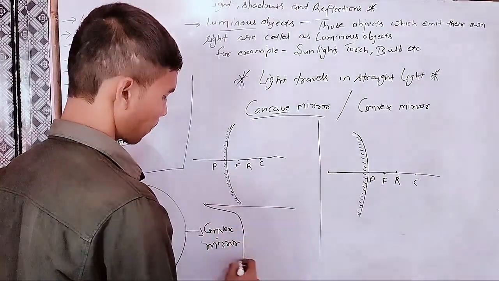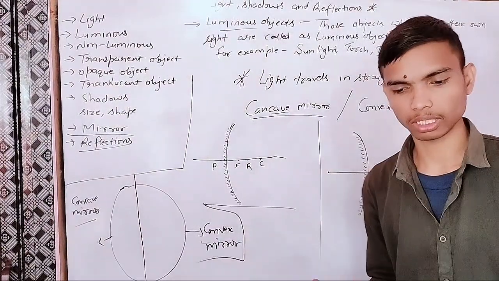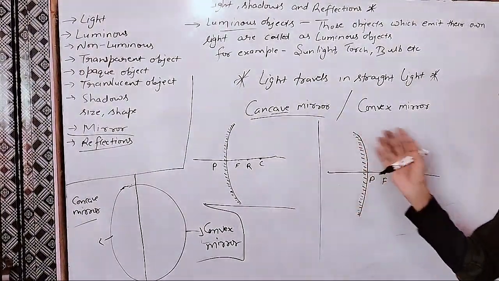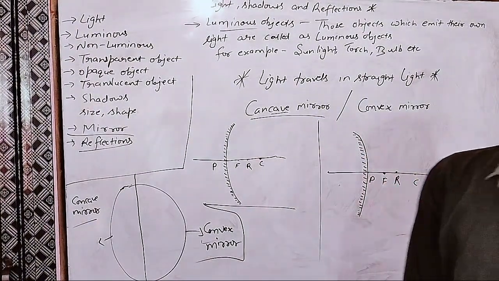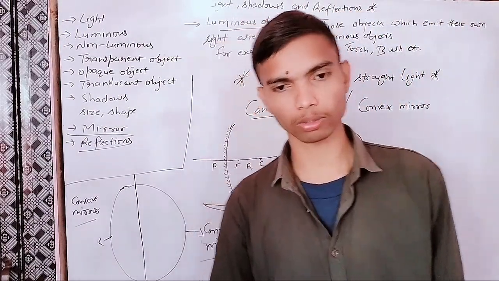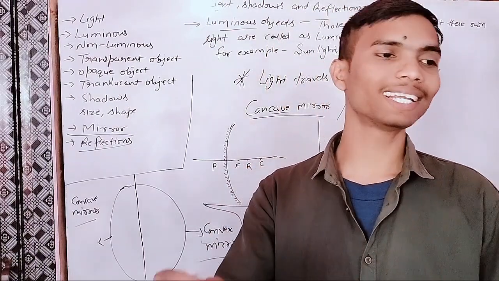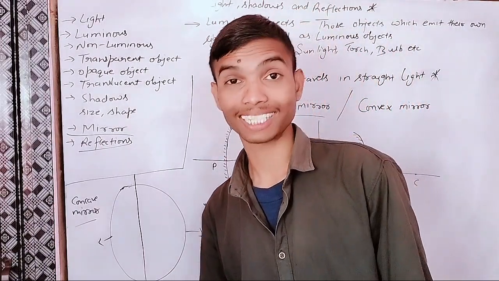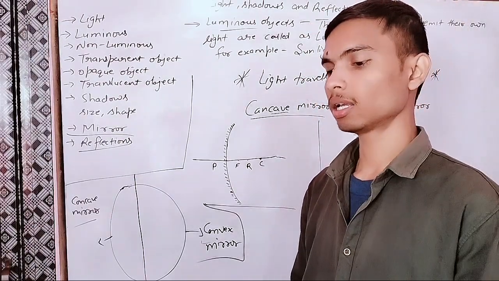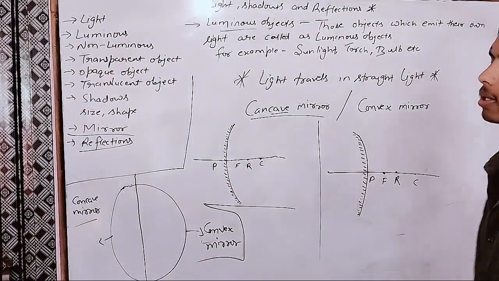Let's see examples of a concave and convex mirror. We have real examples of these two mirrors. A concave mirror is used by a doctor. A lot of doctors use a concave mirror to see tiny disorders inside a patient. That's why it is said that a concave mirror helps us to see tiny material in larger form, in larger size. Similarly, a convex mirror